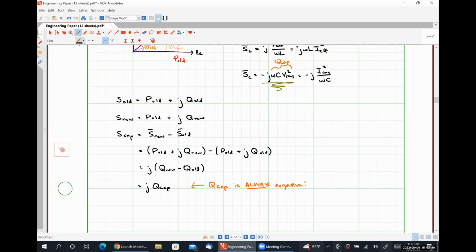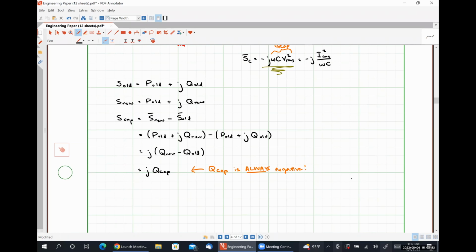And so if we equate those two relationships, what we find is that C, the value of the capacitor needed to apply power factor correction, is given by negative Q cap over omega multiplied by the effective value of the voltage across the capacitor squared. And this can be written as